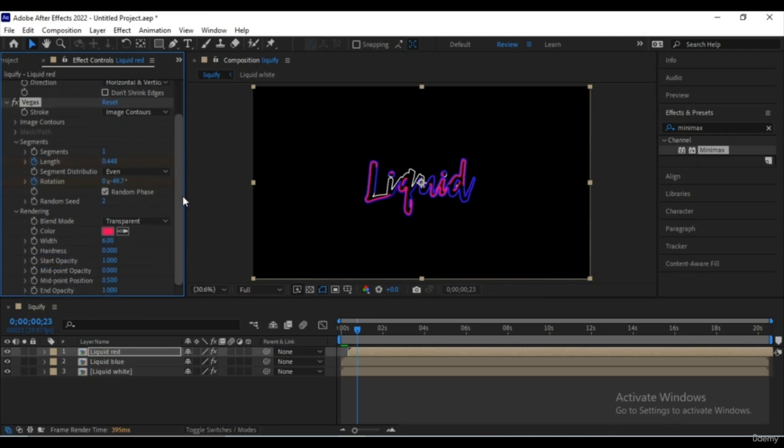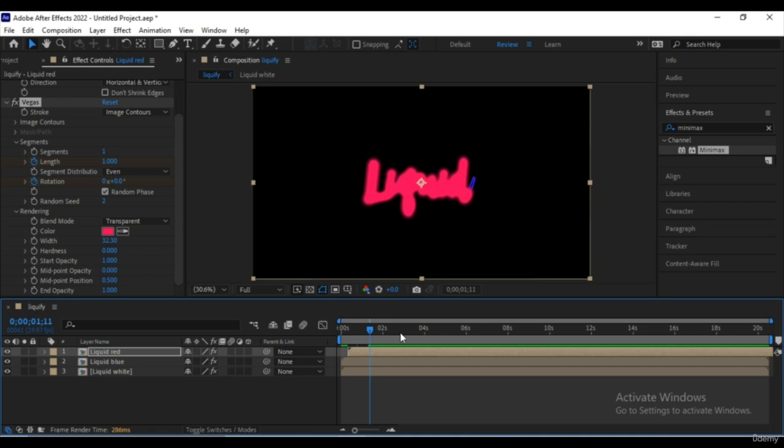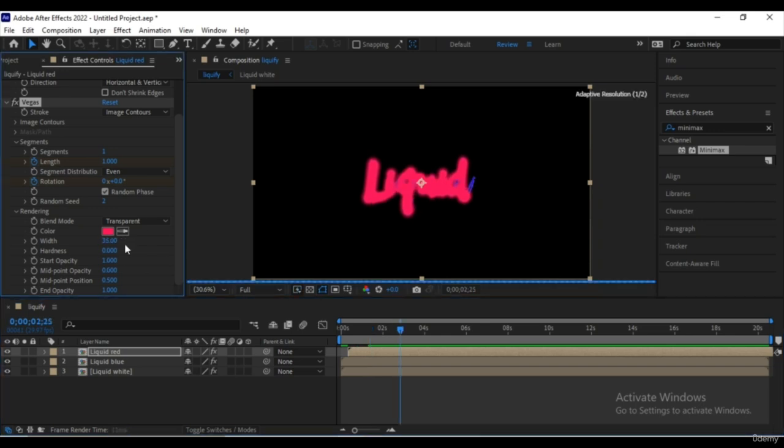And then increase the width, for example to 32, or maybe 35, something like this, and change the random seed to 4.